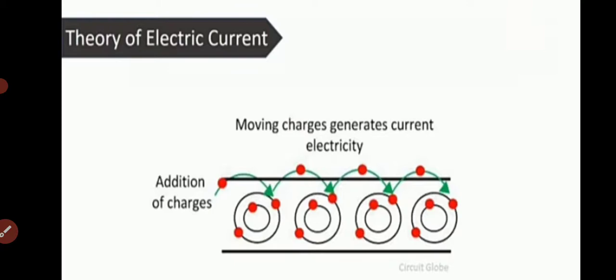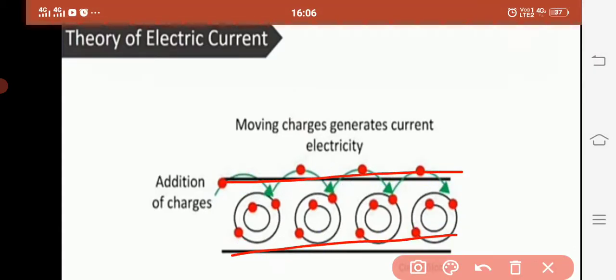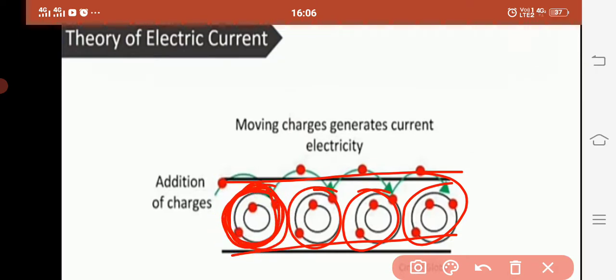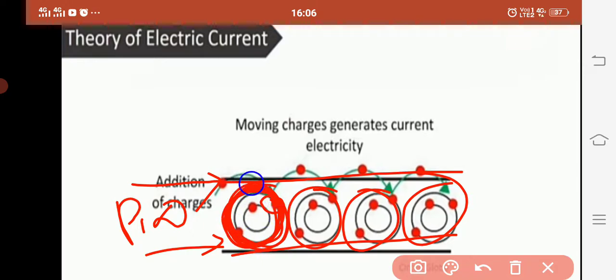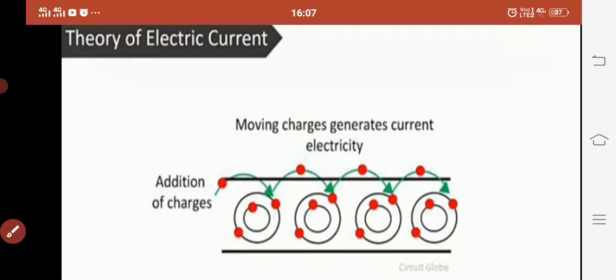Now, like this is a conductor, this is the atom, because every conductor is made up of atoms. Outside the atom we can see the outermost shell, which has an electron. Now when we supply a potential difference across it, the electron moves and comes in contact with the other atom and gets transferred to it, then simultaneously to the next, and so on the process goes. We can say that the electron got transferred from one atom to another, and thus this moving charge generates electric current in a circuit or in a conductor.